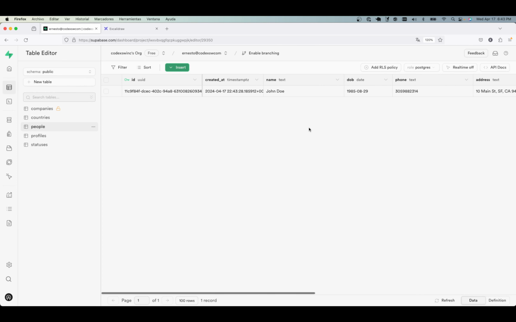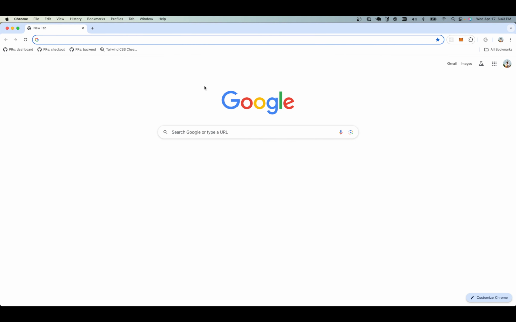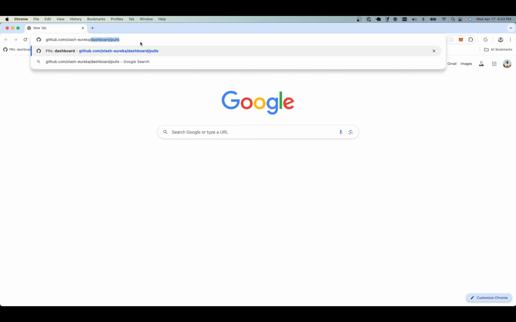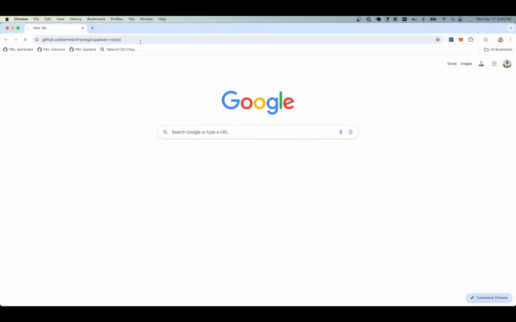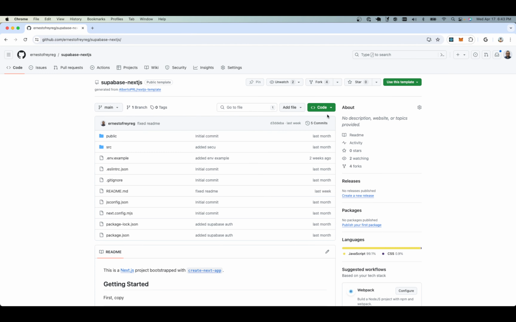Now, I need to create a listing where all this user information will be displayed, okay? That's the first page I will create. Now, for that, I will use one of my templates, this template, that you already have a template that has Supabase installed because you can log in, right? And also has, well, if it doesn't, we will install